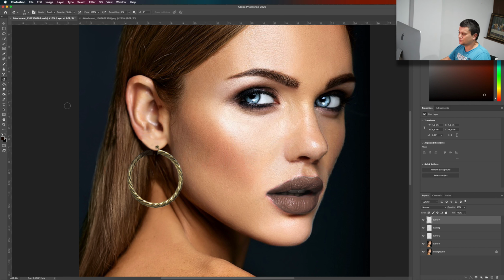Now, for a more 3D effect, I like to select the eraser tool again, hardness at 0, and with the earring layer selected, I always like to erase a little bit right on the edges, so that we get a more 3D effect to it.